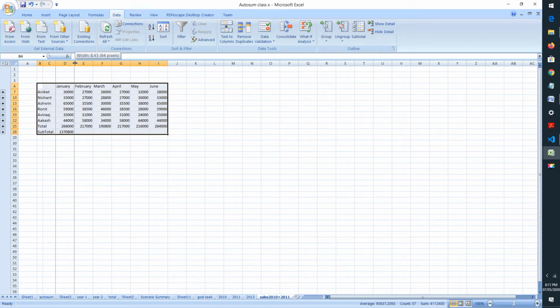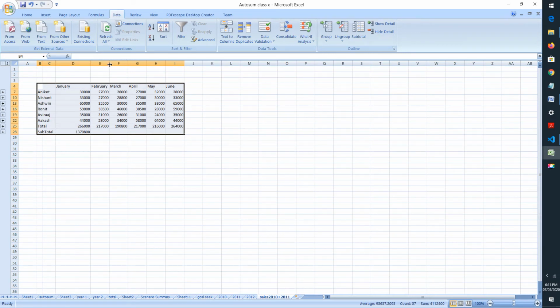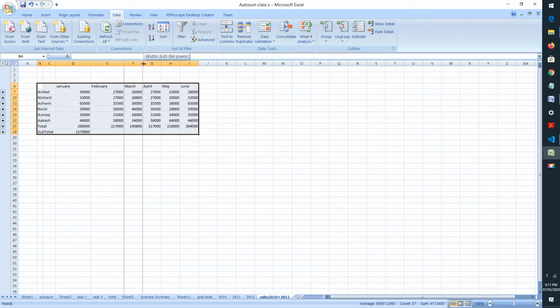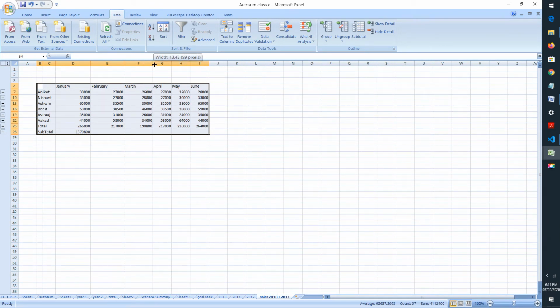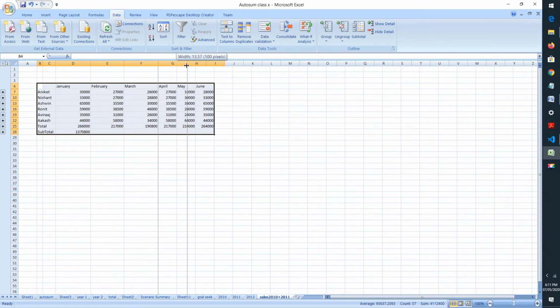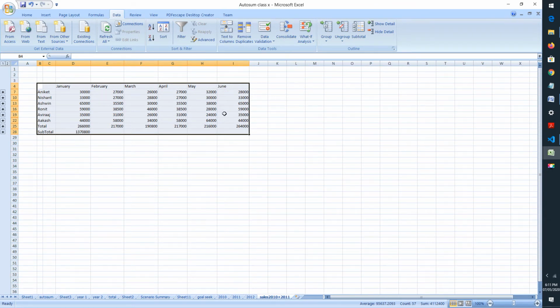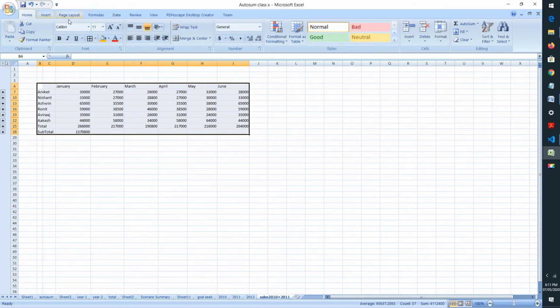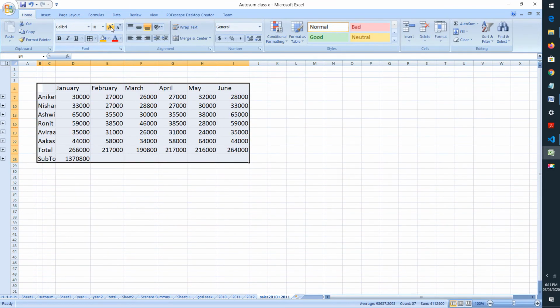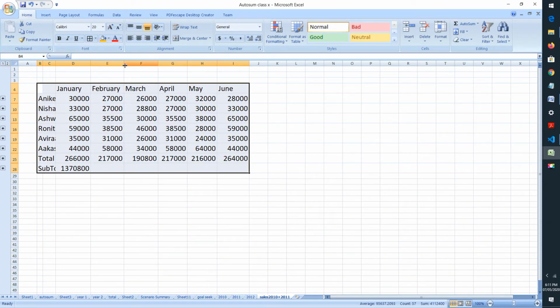Here I will expand these a little more so that it will be more clearly visible to you. Let us expand this quickly, and now let us format it a little bit to make it more visible, and let us highlight it also. So, you can see here there is a small column and a little big column.